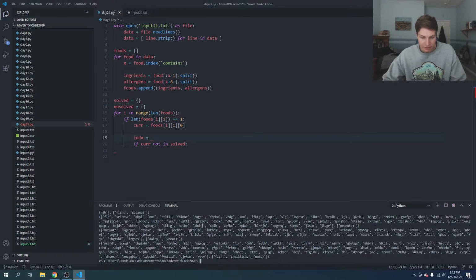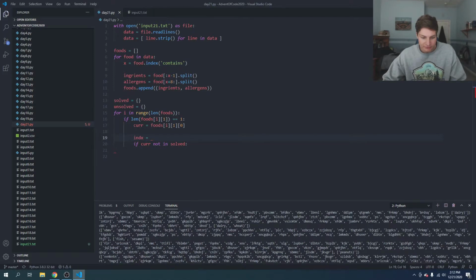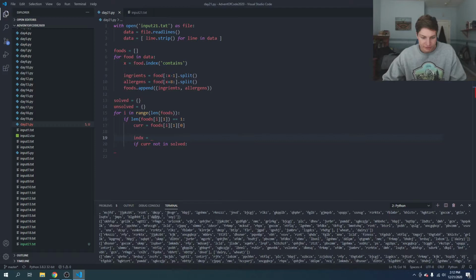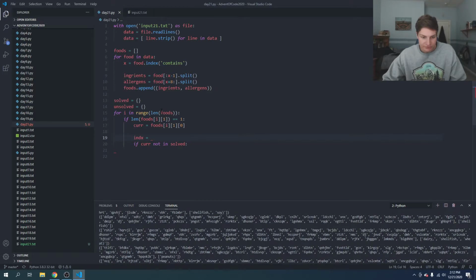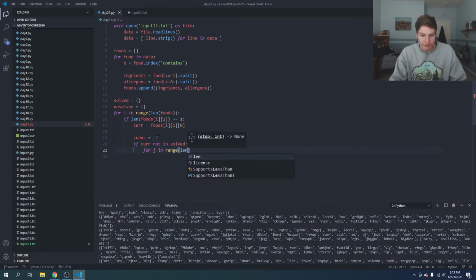So for example, if we're checking dairy, then we want all of the indexes in the food list where the allergens contain dairy. So indexes is equal to that. And then if cur not in solved, then we'll say for j in range length of foods,